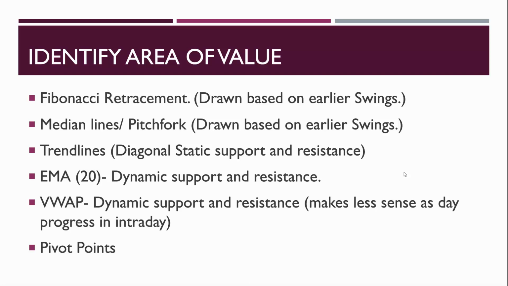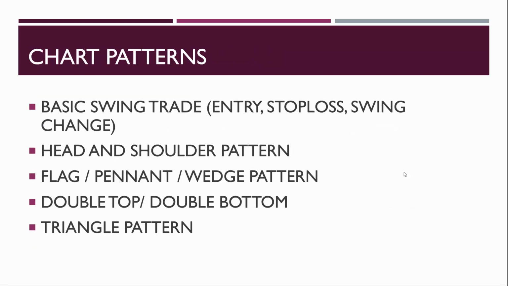So same you can consider VWAP also, like volume weighted average price is kind of moving average, which also includes the volume factor. So this also can act as a support and resistance. And there is conventional pivot points. So these are the major area of value where traders always have their positions to square off or to buy. So you should also be on the same note.